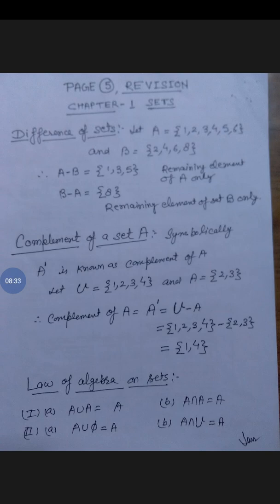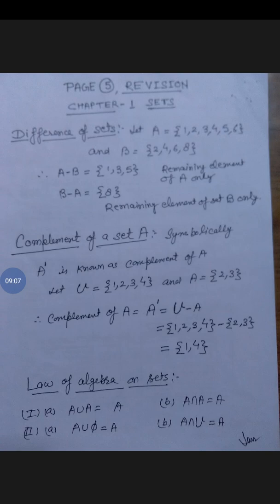Now the next topic is complement of a set A. Suppose U is a universal set, then what is complement of set A? That will be shown as A dash. A dash means universal set minus A. हम यूनिवर्सल सेट में से उस सेट को माइनस करके किसी भी सेट का कॉम्प्लीमेंट निकाल सकते हैं. So what is complement of A? That is A dash, that is U minus A. As you may see here, putting the set elements of U, that is universal set, as well as A, we will get only 1, 4.